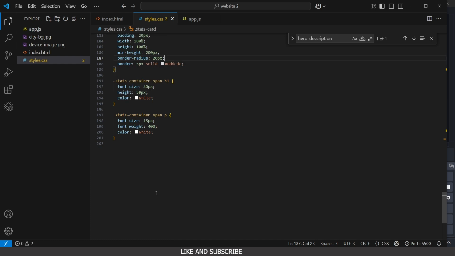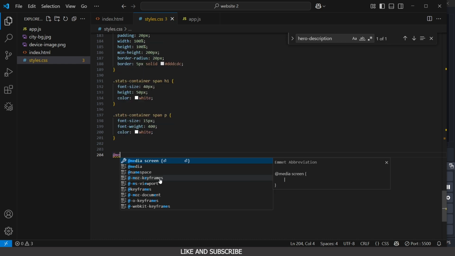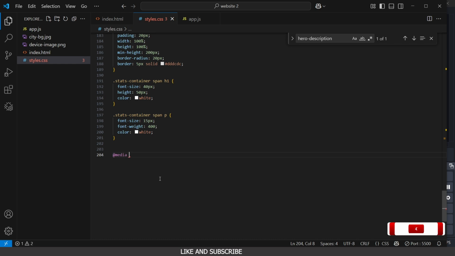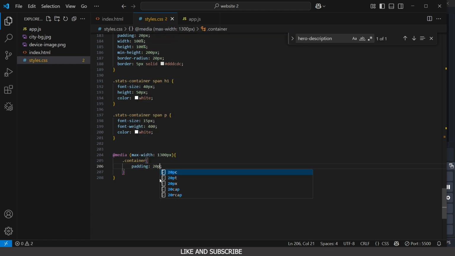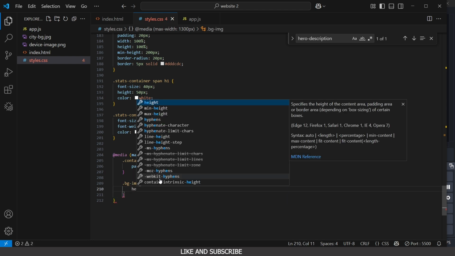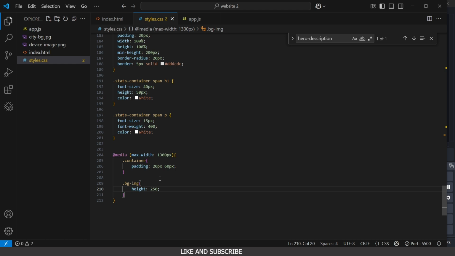So all we have to do is use our media queries. The first media query, media breakpoint is going to be 1300 px. So here we're going to say @media, we're going to target the max width. We're going to say max-width, and the max width is going to be 1300 px. Right inside it, on 1300 px, we're going to set the container. Padding is going to be 20 px, 60 px, and the bg image, the height is going to become 250 vh,